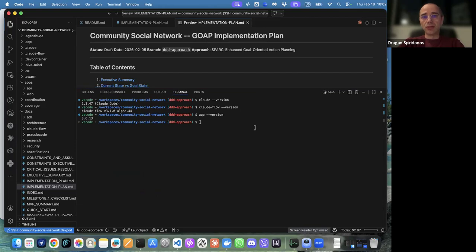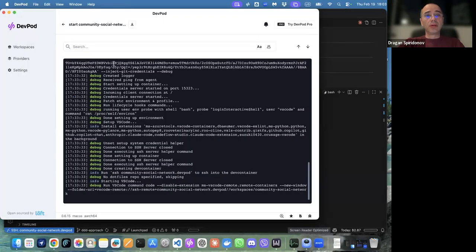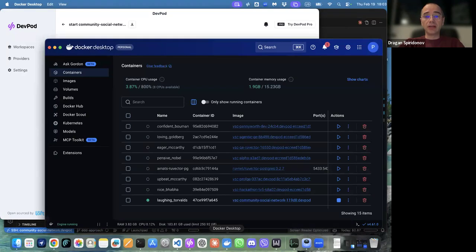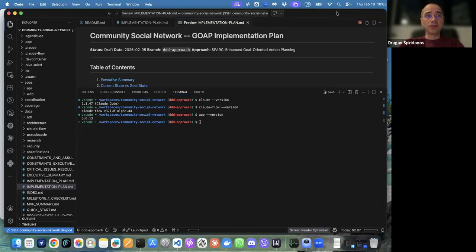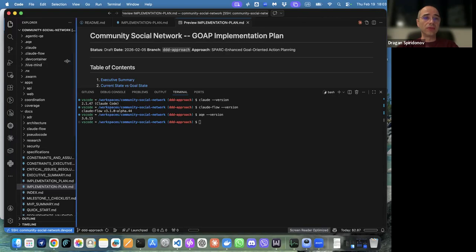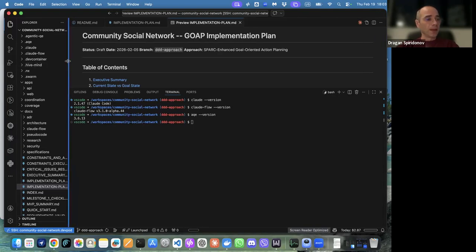And for our tool set, what we are using, I need to enable this one also when we start doing it. So I'm running all my environments from the dev pod. It will start a container in Docker Desktop, and then Visual Studio Code will connect to that instance. So I'm working in a secured environment.